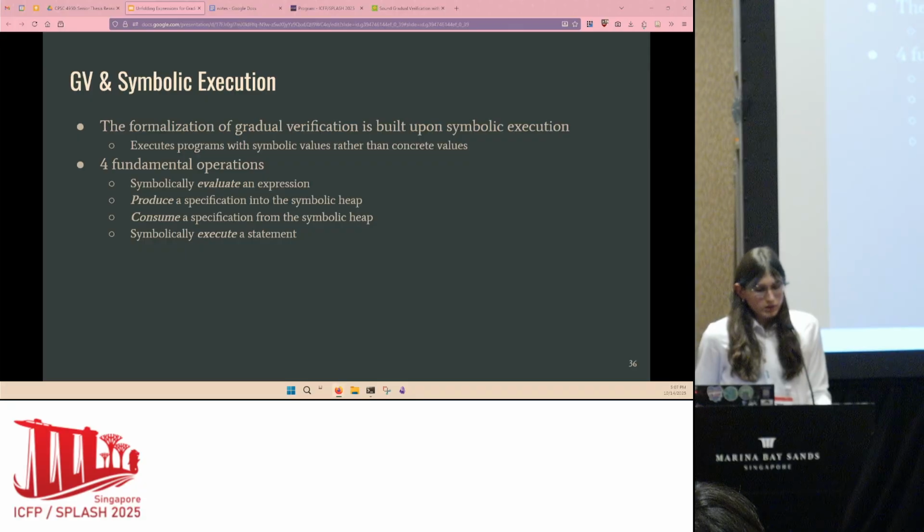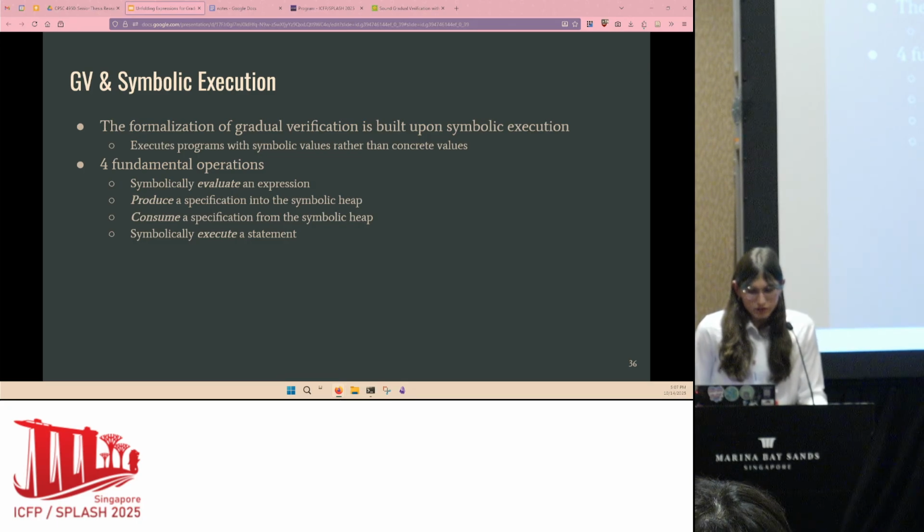The first and last one, evaluation and execution, relate to symbolically running our code, where we are executing our programs with symbolic values rather than concrete ones. And the middle two, produce and consume, relate to what we know and how we interact with the specifications we have. And we're specifically going to be extending this symbolic evaluation one, since unfolding expressions are a kind of expression.